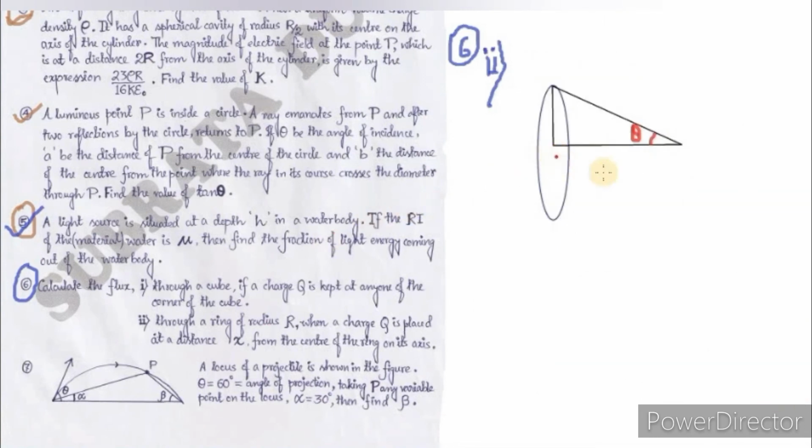Now for the second part, we have to calculate the flux due to a charge which is situated at a distance of x from a ring of radius capital R. So this question is to be solved in a reverse manner. That is, we can directly find the flux. We do not have to find the electric field due to the charge and then multiply by area. That is not to be done. Here it is a point having a charge q. So there is a formula